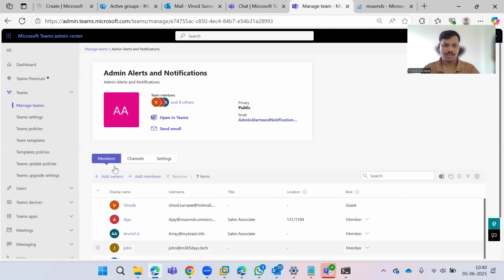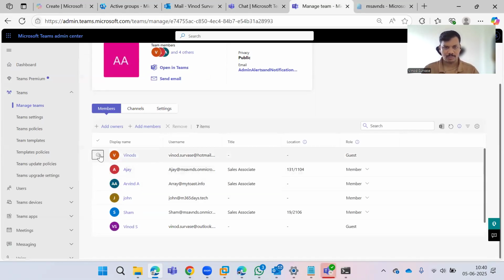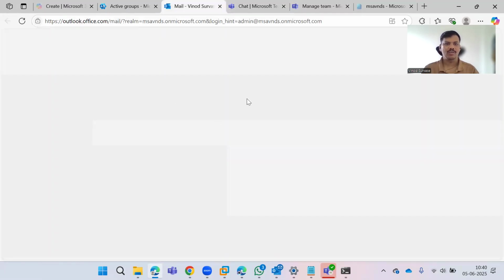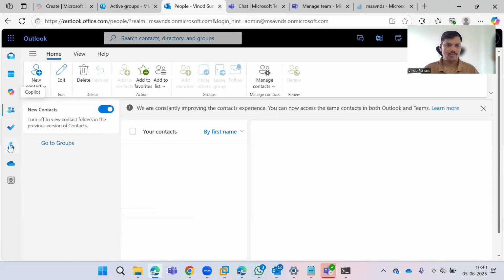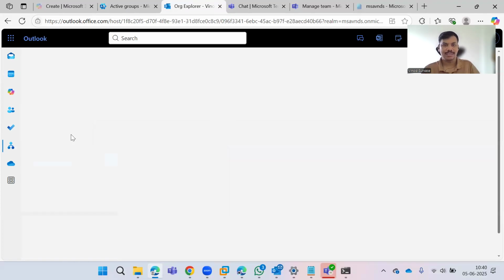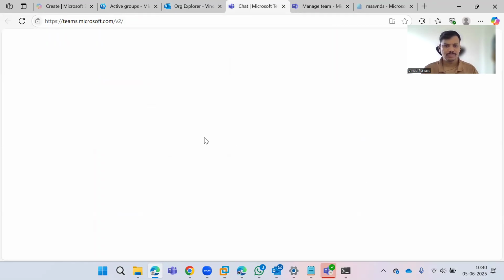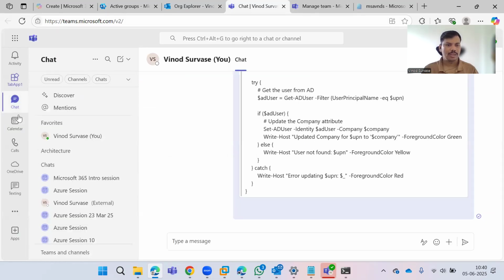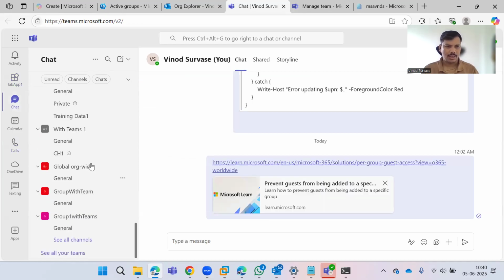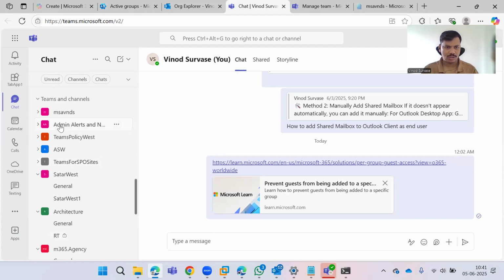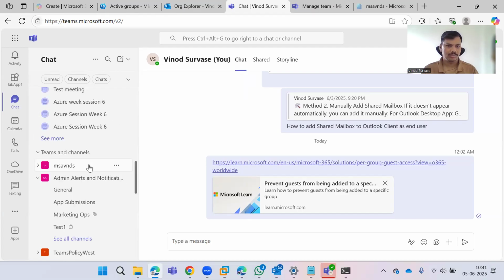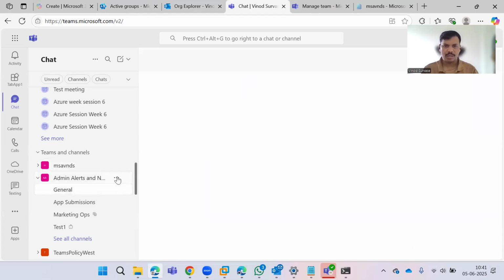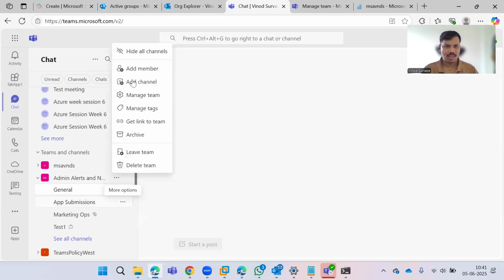Okay, so this was from the Teams admin side. Even Teams admin side is also allowing us to add. I'll just remove it again. And we can come back to Outlook and Teams because we wanted to see from both sides whether it allows us to add people as a guest or not. Okay, this is the Teams, where we can try adding. And from here, let's add a member as a